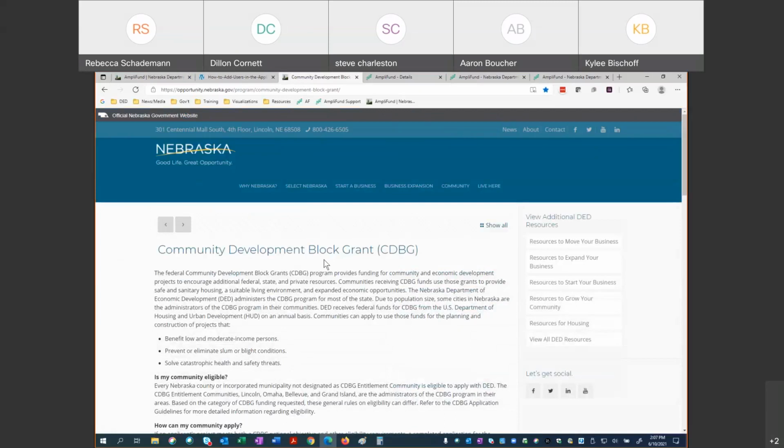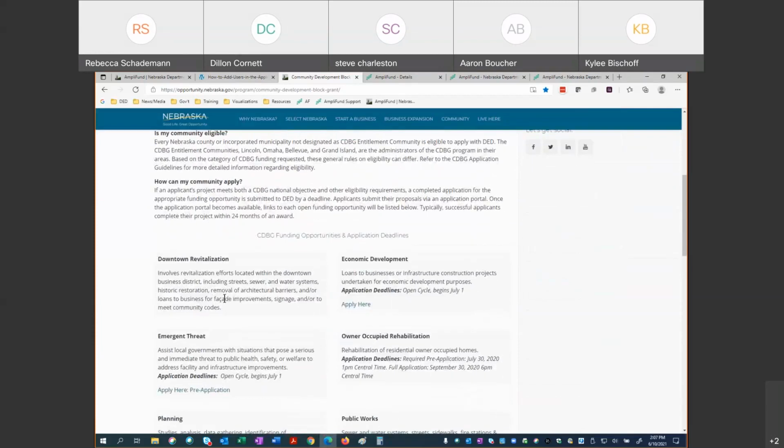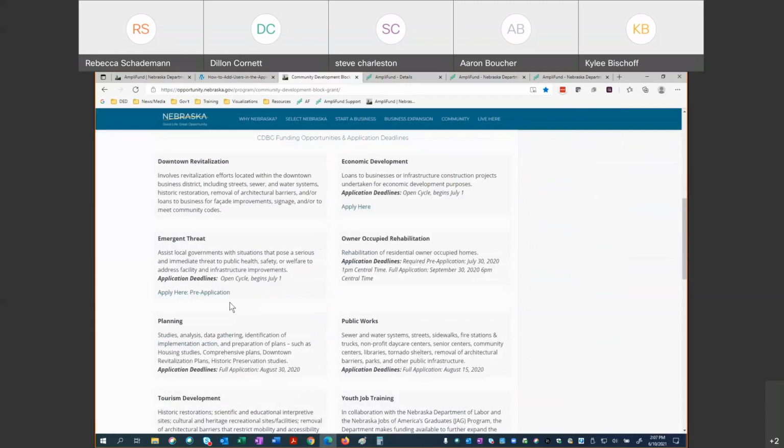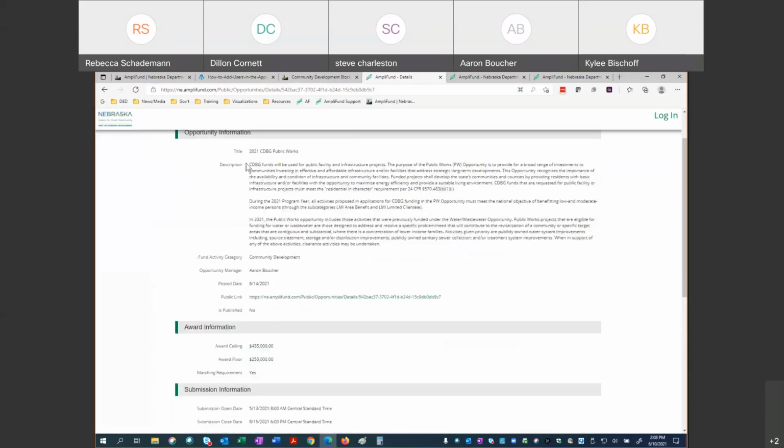And also, as Rebecca mentioned, on the CDBG page on the opportunity.nebraska.gov site, we will have links to the opportunity applications located in this section. Once you click the Apply Here button, you'll be taken to the opportunity. Today we'll be focusing mostly on public works opportunity. So when you first click on that Apply Here button, you'll be taken to this opportunity details page for that particular opportunity. On this page, you can see a description of the opportunity,